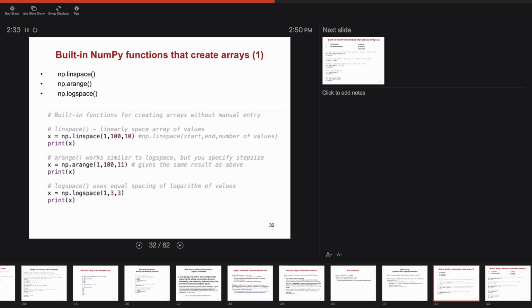And logspace again does the same thing. It just uses logarithm space. So if I give it 3 values between 1 and 3, it's interpreting this as 10 to the 1 and 10 to the 3. So it's going to be between 10 and 1,000. So it's just on a logarithm axis, if you will. Okay. So it's going to give the result 10, 100,